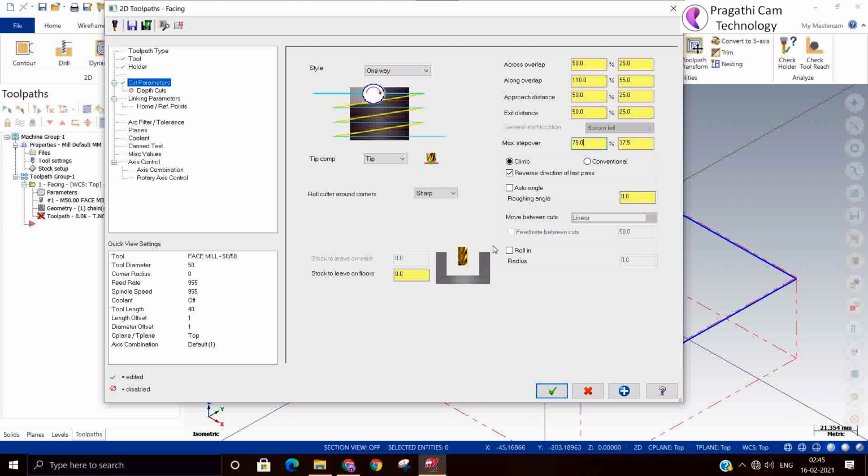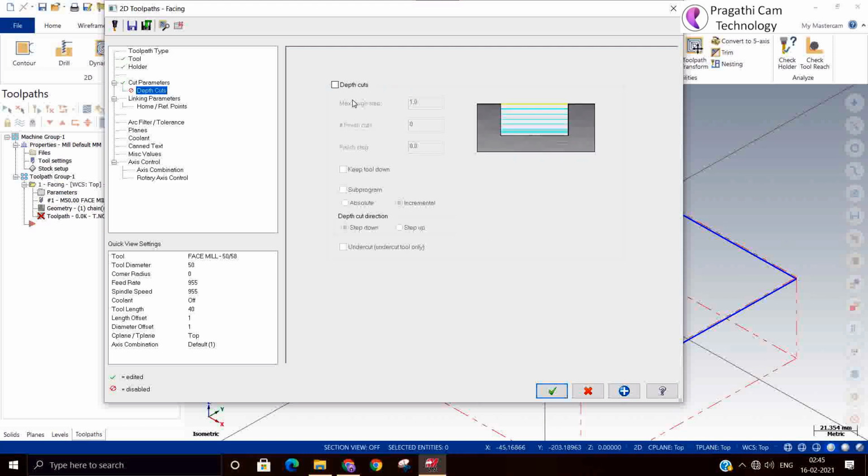Angle of cutting is also available. Here you can switch on the depth of cut.